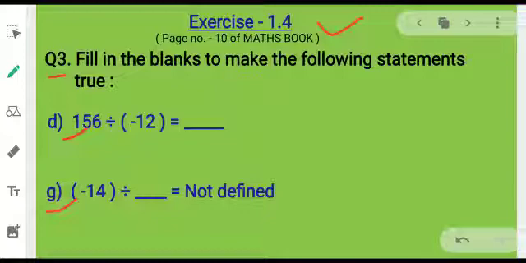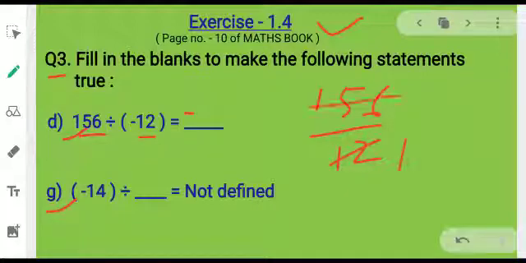One positive and one negative sign are there. Dividend and divisor have different signs, so the answer will be negative. First of all, the sign of the answer will be negative. Now we have 156 and we have to divide it by 12. I divide it directly by 12. 12 ones are 12, 12 threes are 36, and 36. Now we have minus 13. You can divide it by 2 or 3, or you can solve it as you like. I divide it by 12 directly. We get 13 here. So the answer is minus 13.